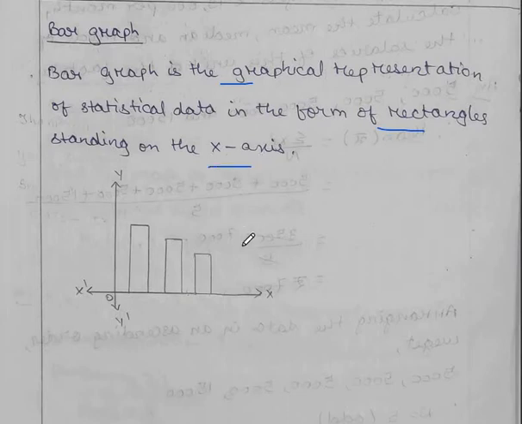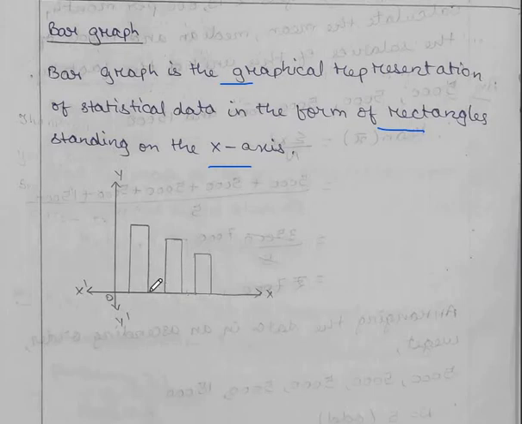You know from coordinate geometry, whenever two mutually perpendicular lines are drawn, then four parts are formed, and each part is called a quadrant. First quadrant, second quadrant, third quadrant, fourth quadrant. This is your x-axis. We can mark X, O, X dash, Y-axis, Y, O, Y dash. So whenever you draw a statistical graph, always draw it in the first quadrant. This is the positive side, you can say.